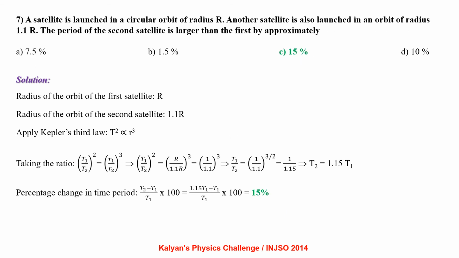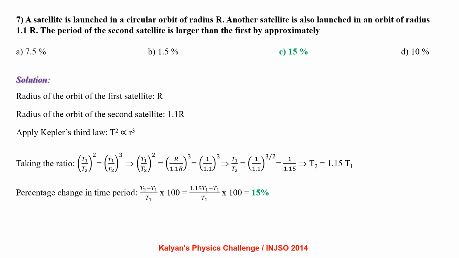A satellite is launched in a circular orbit of radius r. Another satellite is also launched into an orbit of radius 1.1 r. The period of the second satellite is larger than the first one by approximately what percentage? The radius of the orbit of the first satellite is r and the radius of the orbit of the second satellite is